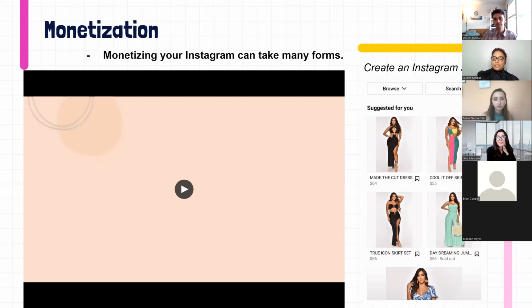Also, an important suggestion is that you can sell all apparel or inventory that you no longer have on your website, but that you have stored in inventory and want to get rid of. If your images are copyrighted, you can also sell this on Instagram or even add it to your merch. You can also earn through collaborations, which Maria will get into a little bit later when it comes to influencer marketing. And of course, you can monetize your content. Just keep in mind that you won't make money on Instagram easily just because you create good content that is creative and appealing; it is also based on views. So to give you some ideas of how you can monetize your Instagram content, take a look at this video I have for you.